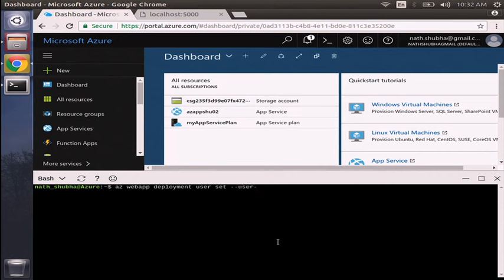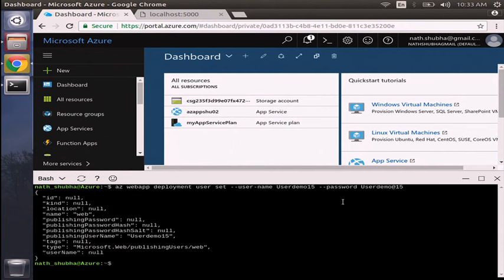I need to give a username. This will create a deployment user, right. So, the deployment user has been created with this username and password. Now, we require a resource group. A resource group is a logical container into which Azure resources like web applications, databases and storage accounts are deployed and managed. The command for that is az group